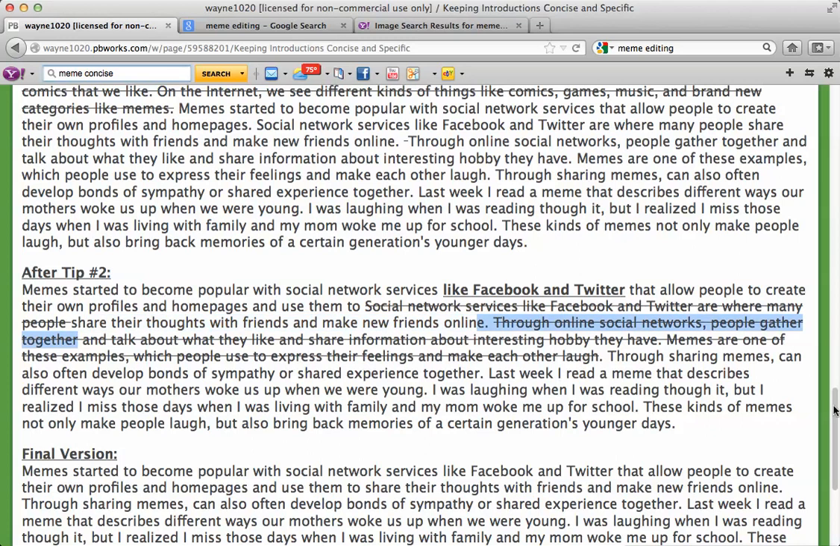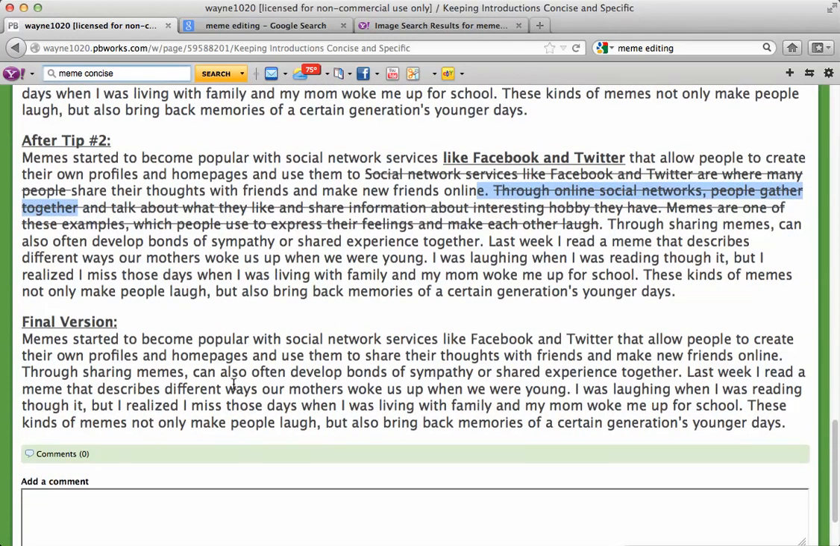So I end up with a final version where the first paragraph is, memes started to become popular with social network services like Facebook and Twitter that allow people to create their own profiles and homepages and use them to share their thoughts with friends and make new friends online. That's a little bit of a long sentence. Maybe we can make that a little shorter, a little more direct, but I do think it's an opening sentence